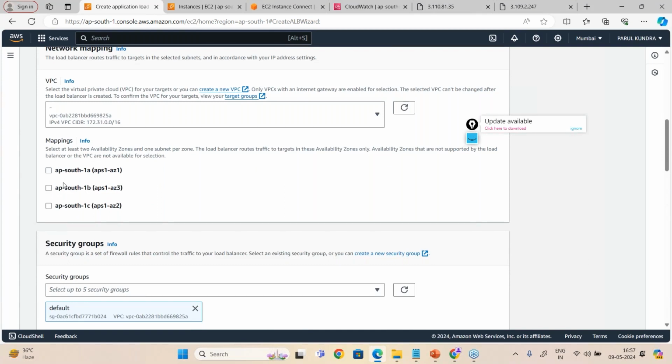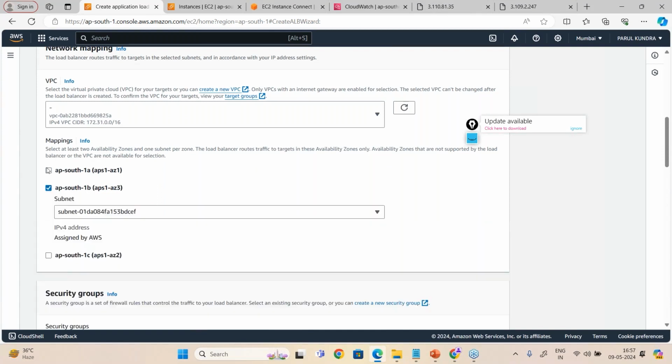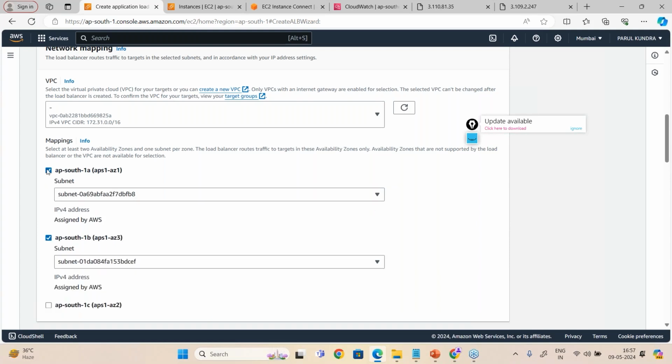For high availability you are allowed to choose more than one: select at least 2 availability zones and 1 subnet per zone. If you have different subnets you have created, you have to select them. I am selecting 1A and 1B, where my servers are, and only there I want to keep my load balancer. So 2 nodes of the load balancer will be created.